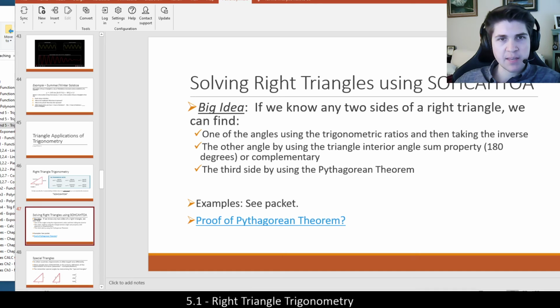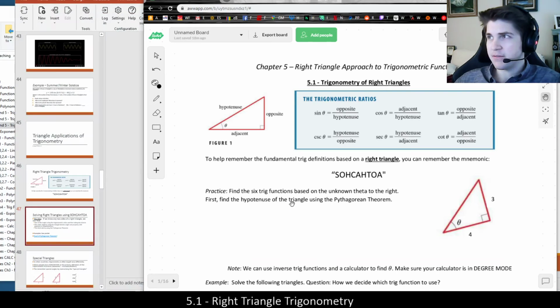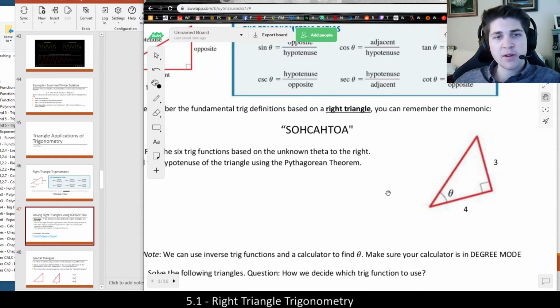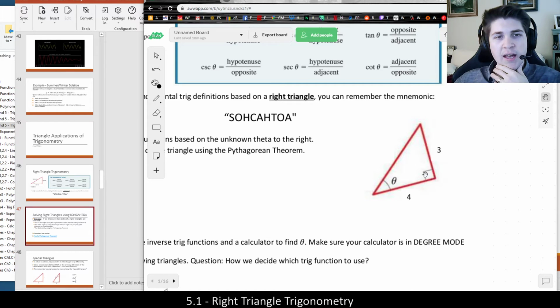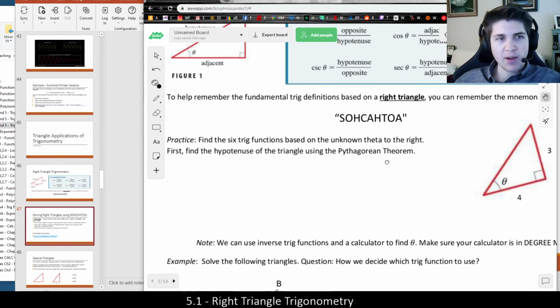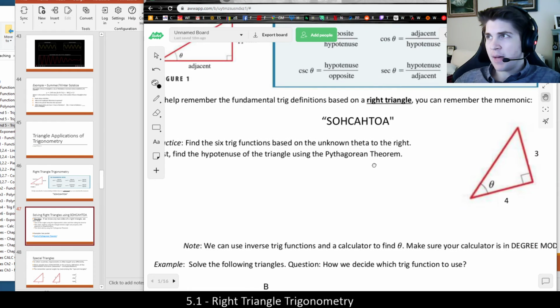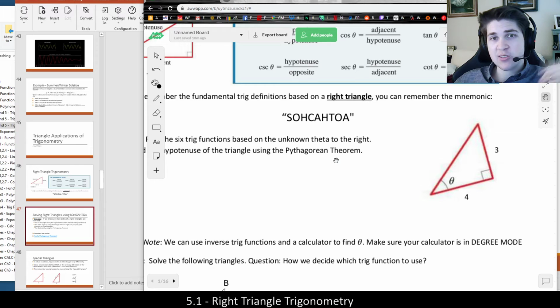But let's do an example of solving a triangle from the packet via SOHCAHTOA. So let's just say we are dealing with this right triangle right here. We're given a triangle. Again, it has to have a right angle in it, which is marked here. We're told that this side of the triangle is 3, this side is 4, and we're asked to solve the triangle. And also, from here on out in chapter 5, if I ever ask you to solve a triangle,